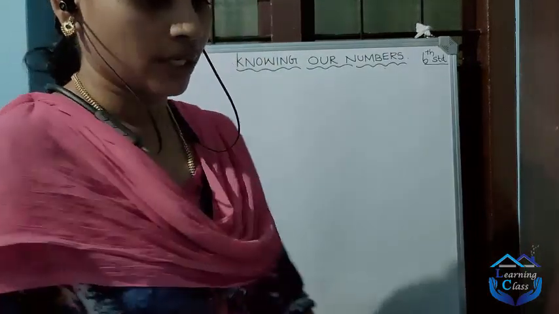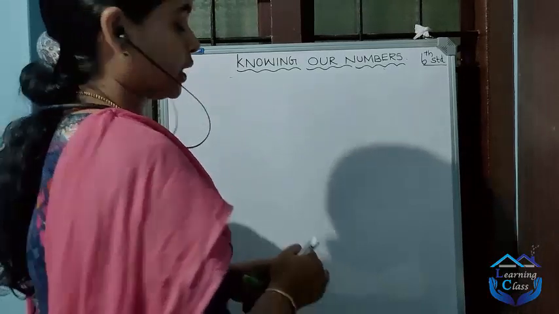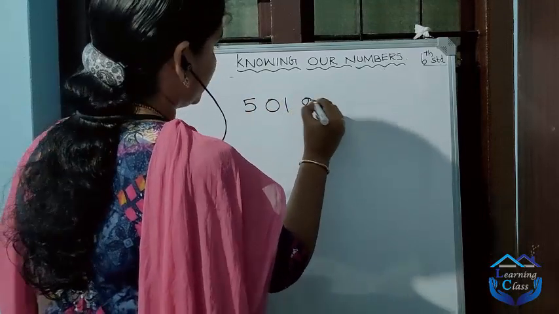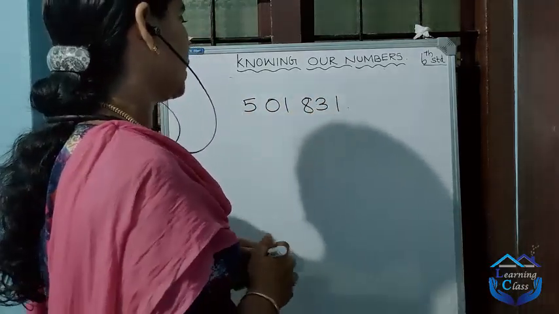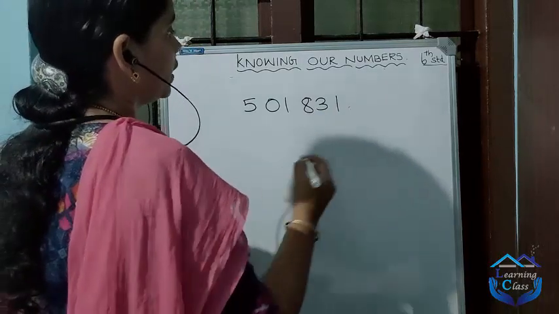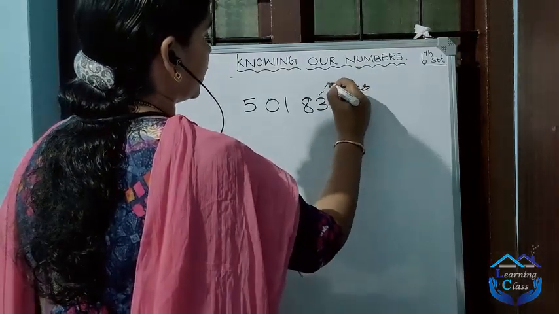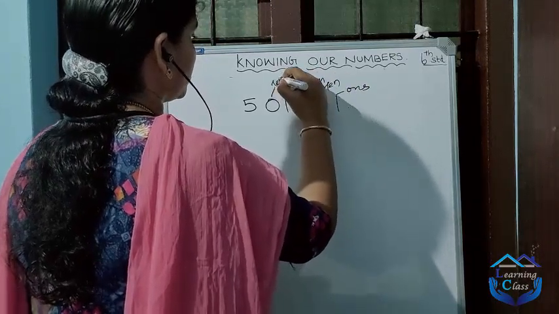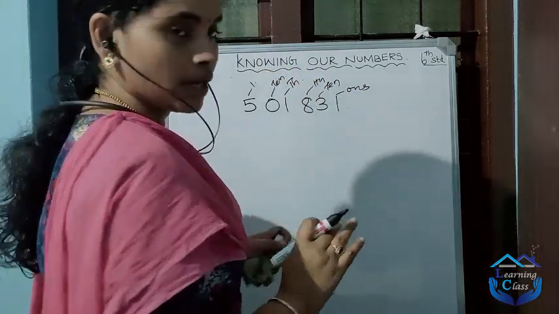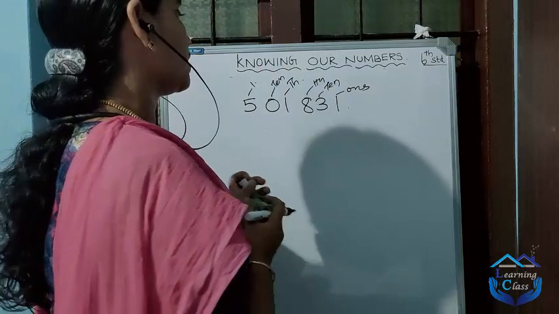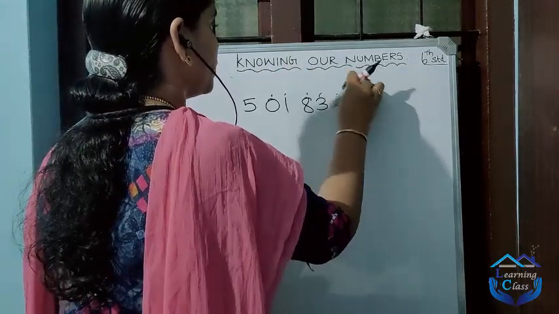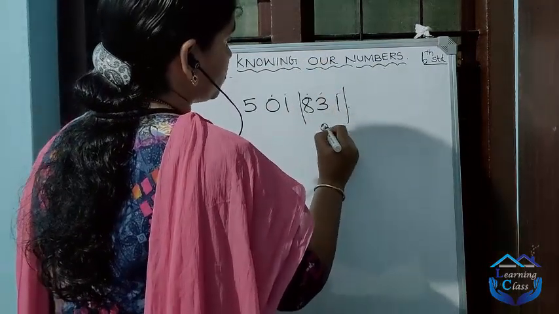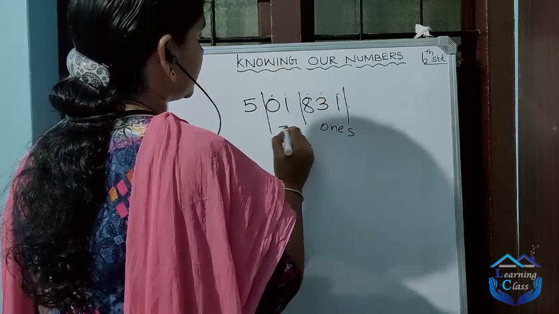Okay, next one is how can we write the international system of numeration? For that we use 5, 0, 1, 8, 3, 1. Okay, we are taking this one. Here ones, tens and hundreds. This is 1000, this is 10,000, and this is lakh. This is the Indian system of numeration. In international system of numeration, how can we arrange these numbers? This is ones period, and this is thousands period,